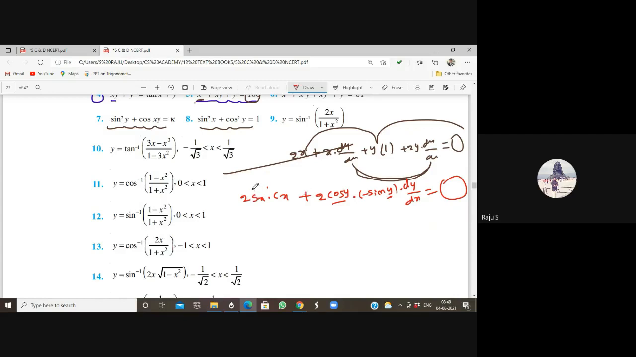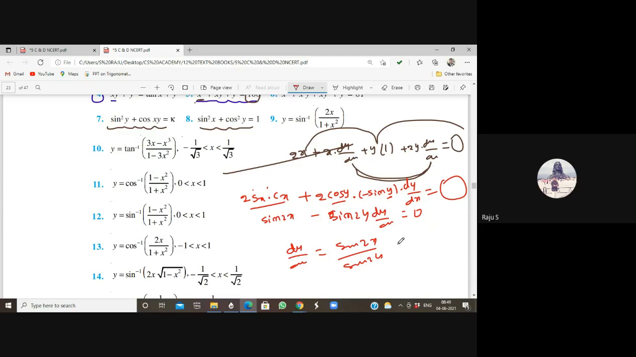So take common, otherwise here this becomes sine 2x minus, plus into minus, sine 2y into dy by dx is equal to 0. So finally dy by dx is sine 2x by sine 2y. This is the answer. Sometimes they may give it in terms of